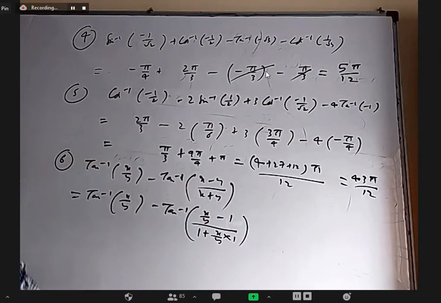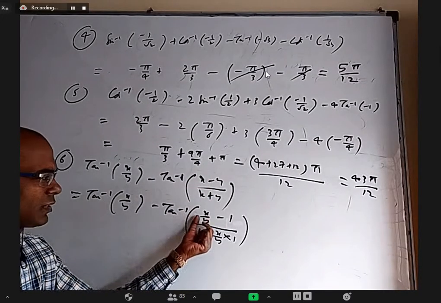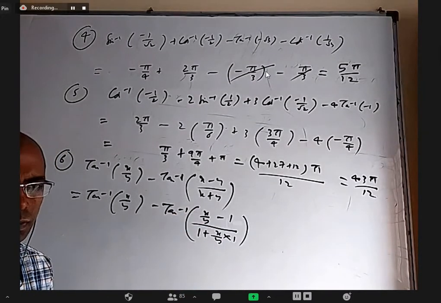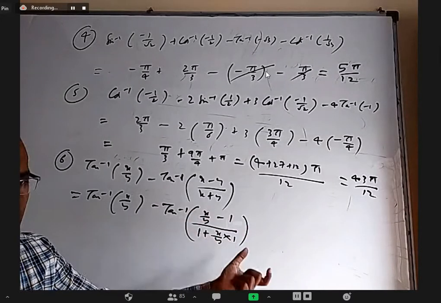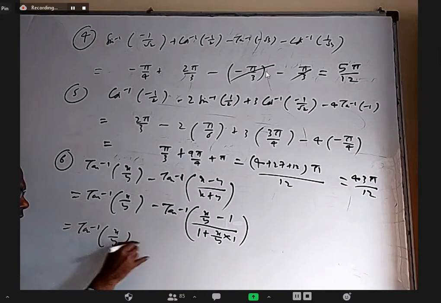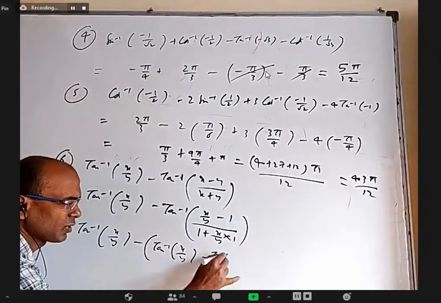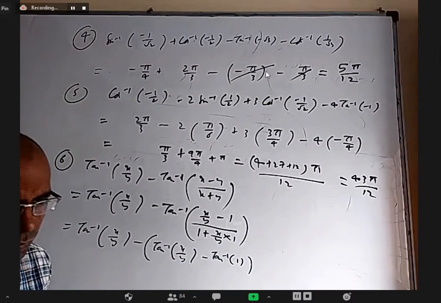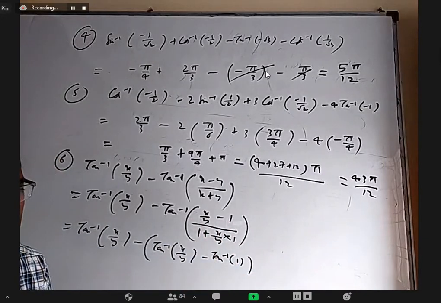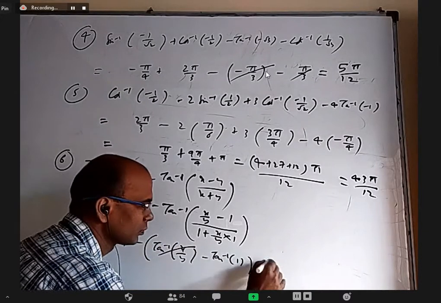I divided y everywhere and I wrote this one like this. Does it look like tan inverse A minus B by 1 plus AB? Yes, sir. And for that, what will the formula be? Tan inverse A minus tan inverse B. So this part will be tan inverse x by y minus tan inverse 1. Based on the formula, tan inverse A minus B by 1 plus AB is tan inverse A minus tan inverse B. I can cancel these two. I'll get tan inverse 1, which is pi by 4.